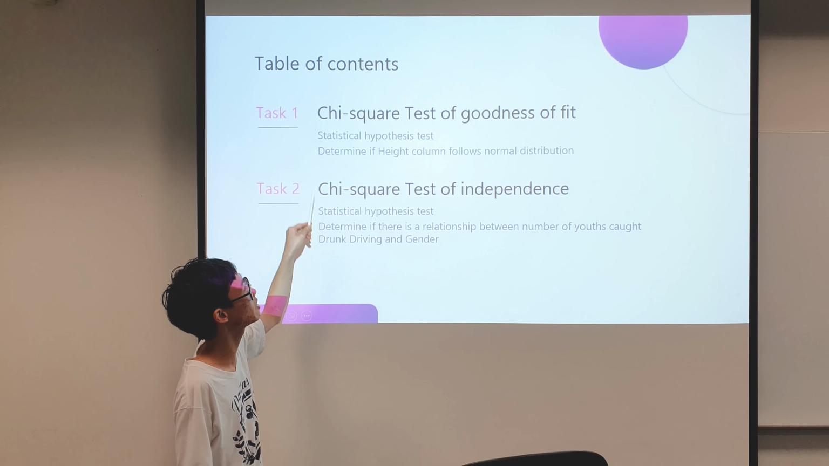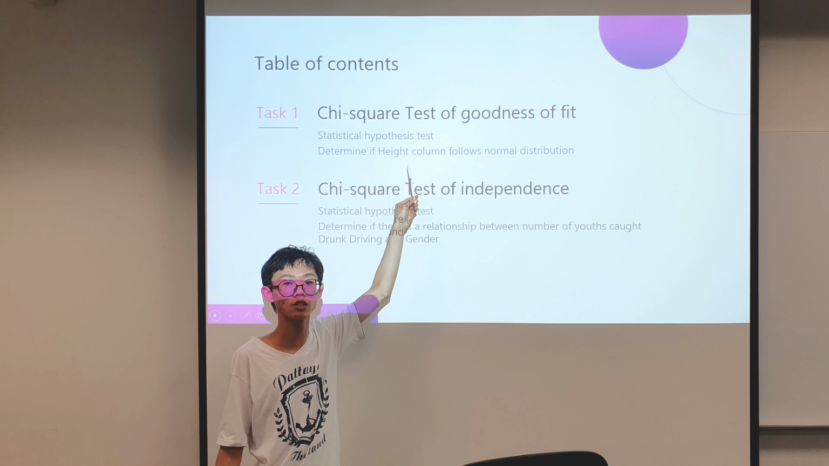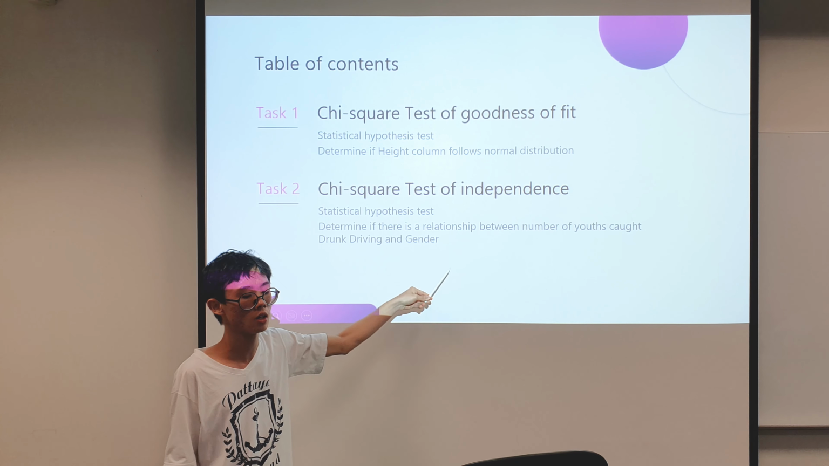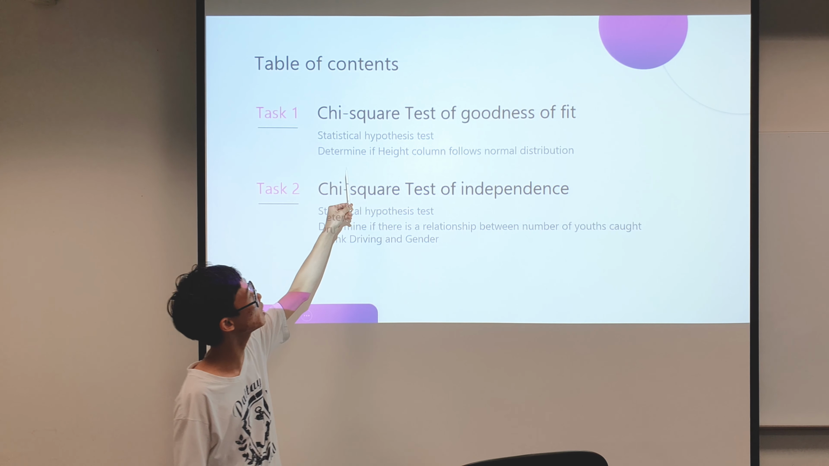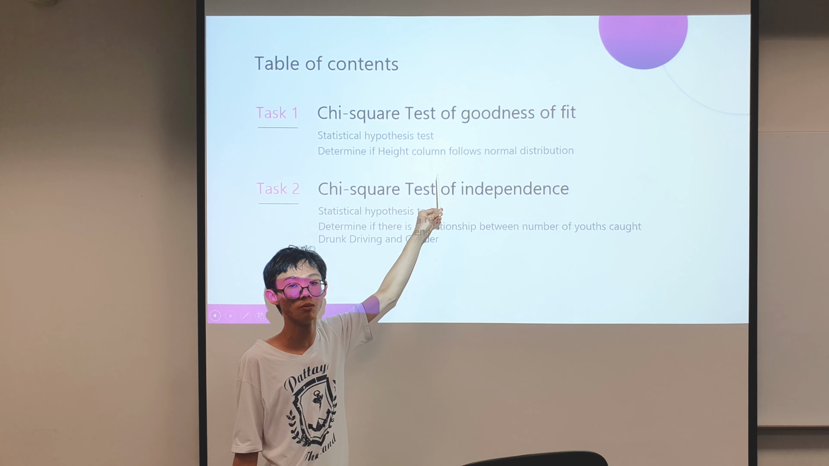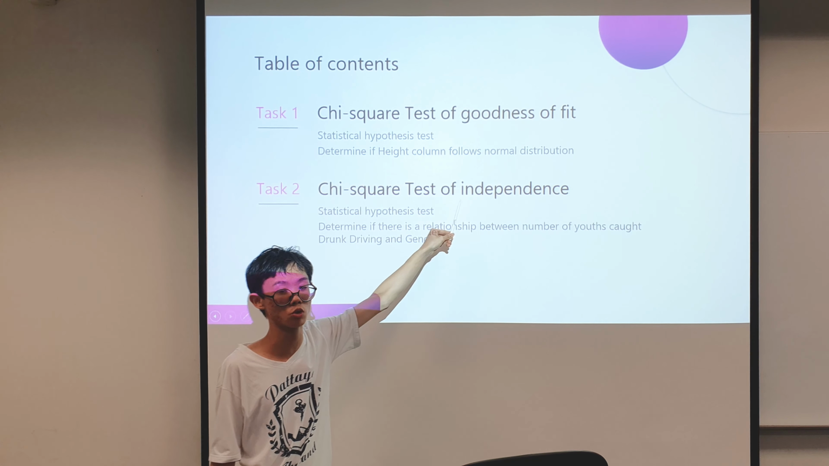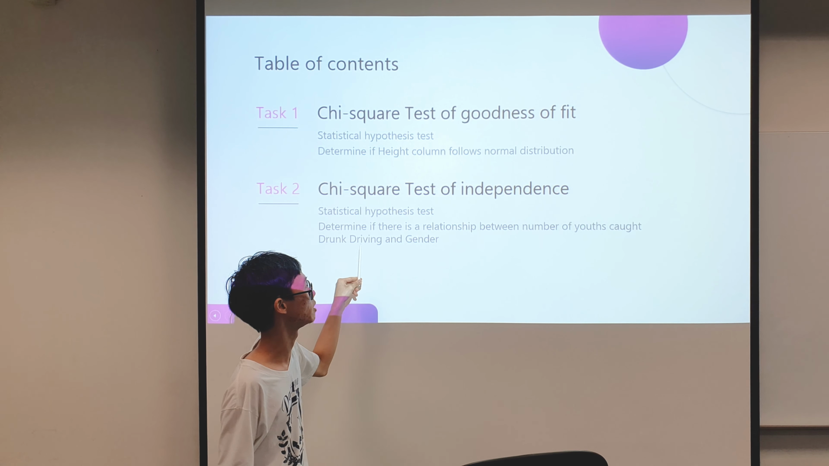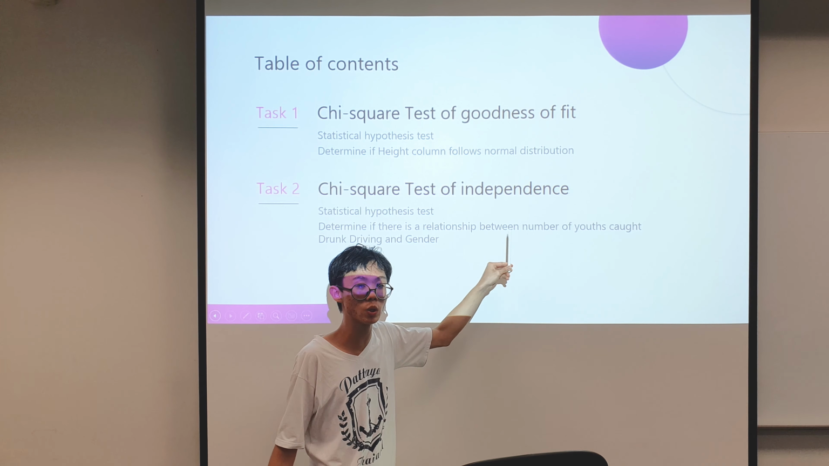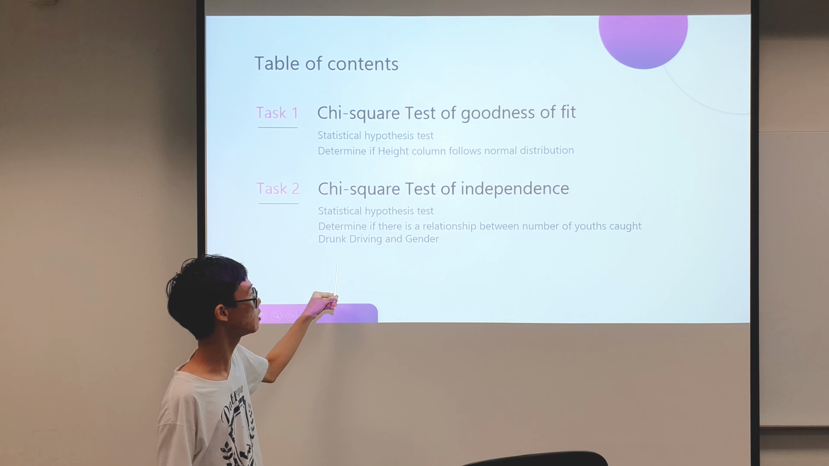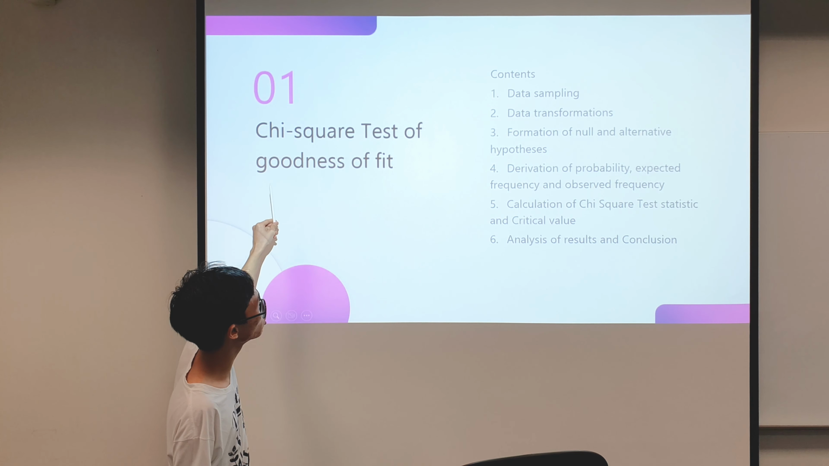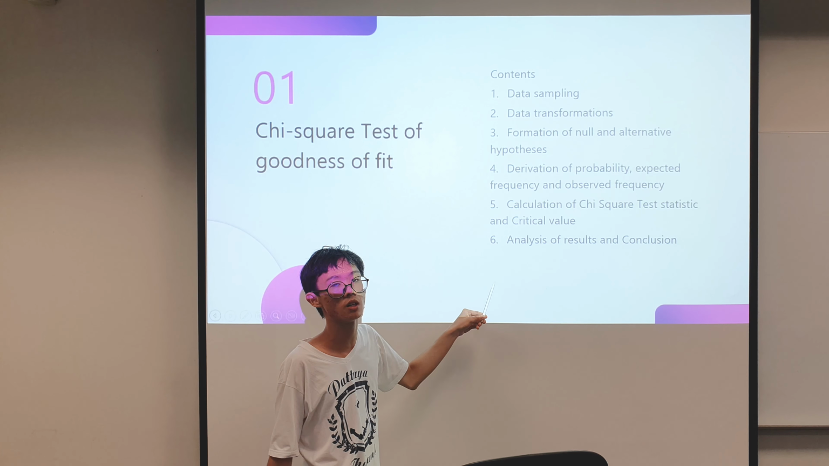Going through two tasks today: the chi-square test of goodness of fit and the chi-square test of independence. For the chi-square test of goodness of fit, we determine if the height column follows a normal distribution. And for the chi-square test of independence, we determine if there is a relationship between the number of youths caught drunk driving and gender. For the chi-square test of goodness of fit, there are 6 steps here that we will go